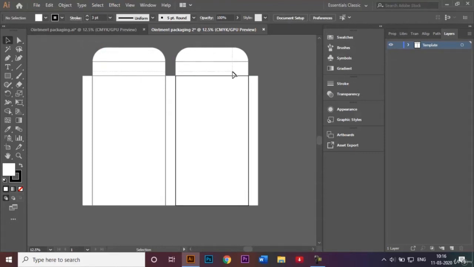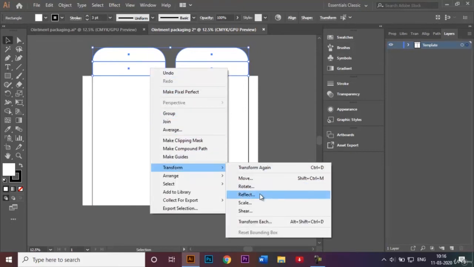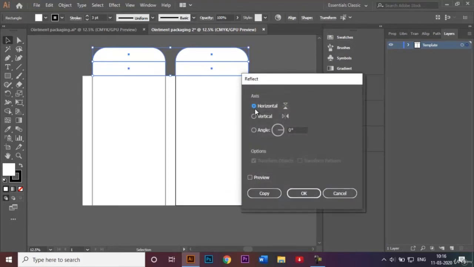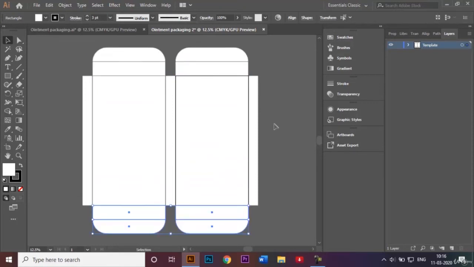Now I'll select these two. I'm going to make a mirror image of these two flaps on the bottom as well. To do that, right click on this, go to Transform and Reflect. I'll choose the horizontal one, which means it's going to be from top to bottom, and click on Copy. I'm just going to drag these two down over here like that. Once that's done,